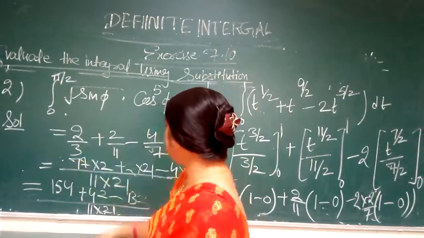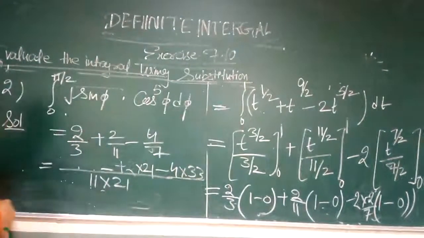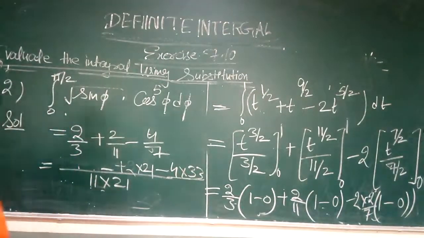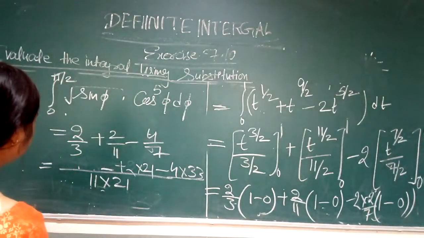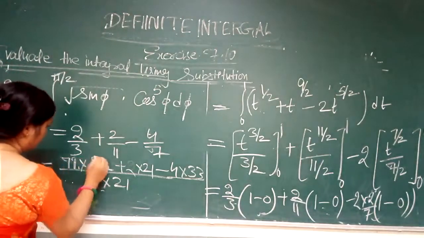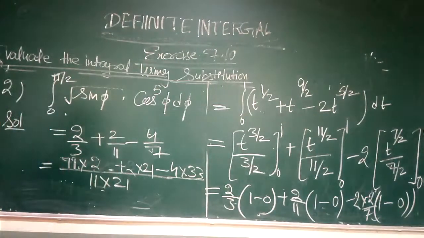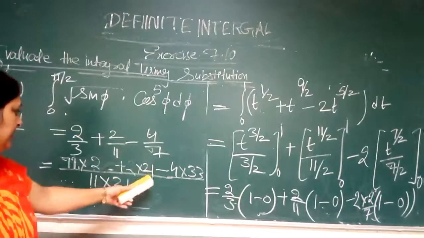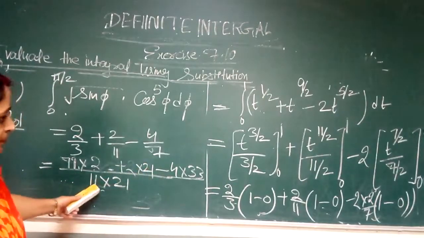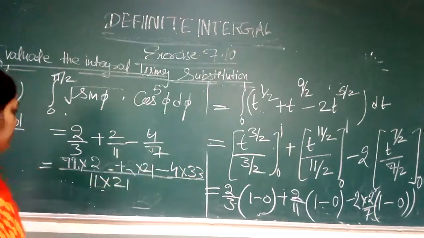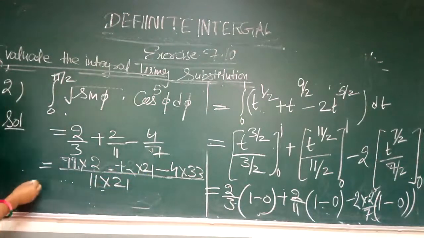Now here, what is here? Listen, there is 3. 3 divide with this term, so what is coming here? After dividing 3, it is coming here 77. 77 into 2. So it is correct. 77 into 2, and here plus, what is left? 21 into 2, and minus 4 into what is coming here? That is this one, minus 4 into 33. After multiplying it,